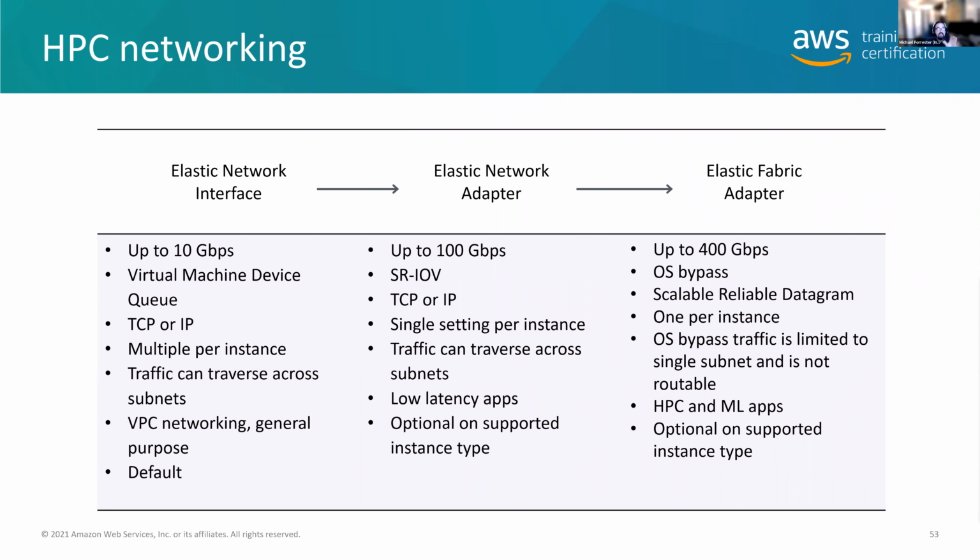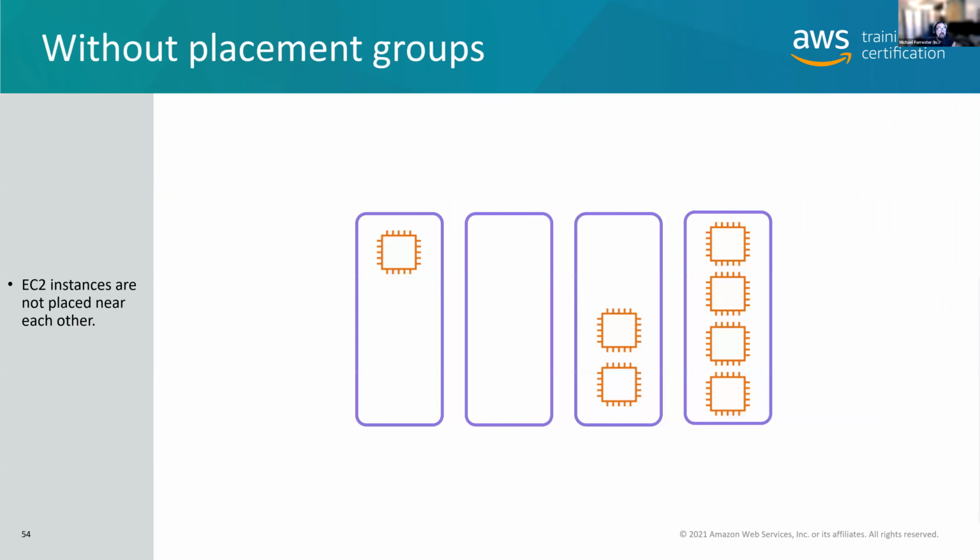Now, I told you that Amazon comes at it from two angles. They either try to solve it by giving you a faster network card, or they'll try and place you on the same host. Now, if you don't tell Amazon where to place your instances, by default, in a same availability zone, they're not going to place your instances next to each other. They're going to try and keep your instances off of the same host in case that host goes down.